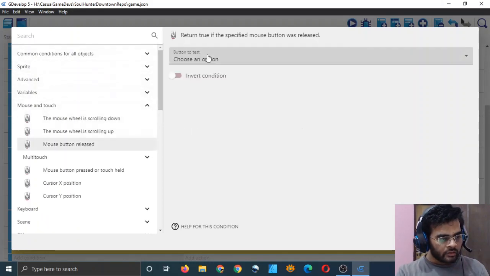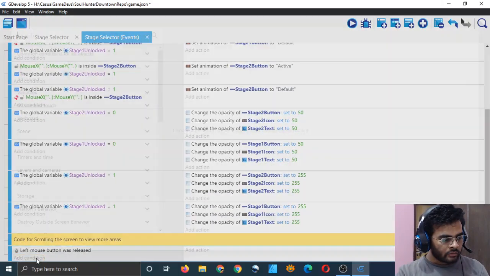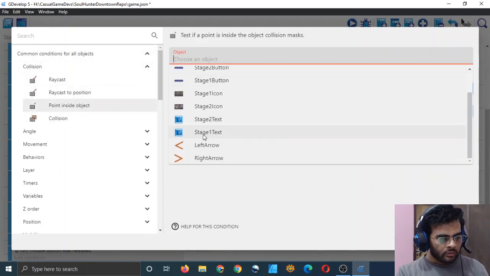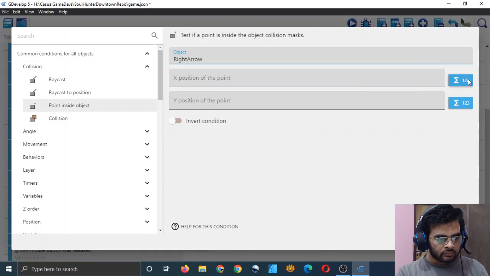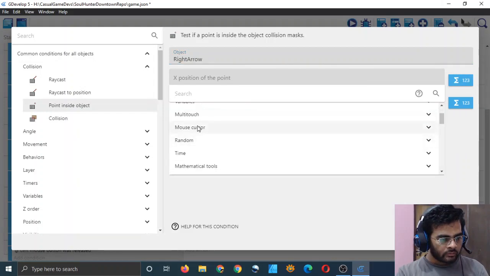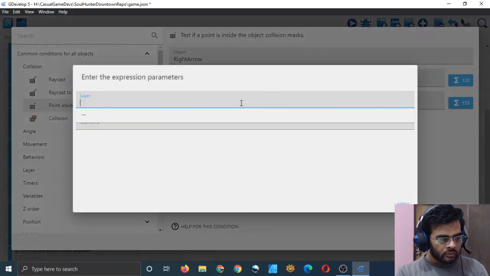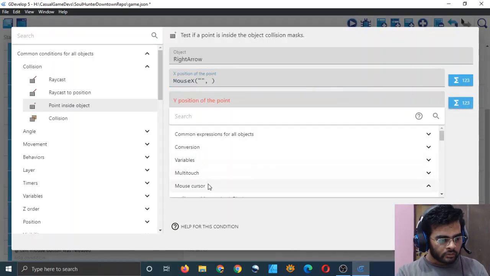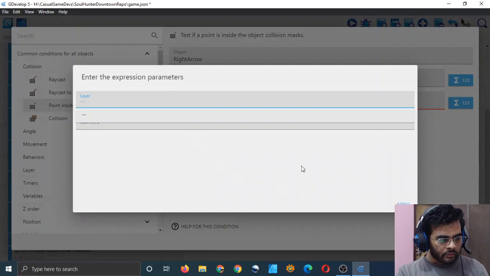Mouse button release. Yeah, left button. And then add another condition. Collision. Point inside object. Object is right arrow. X point is mouse cursor. Layer is default layer. And Y point is again mouse cursor. Layer is default layer.